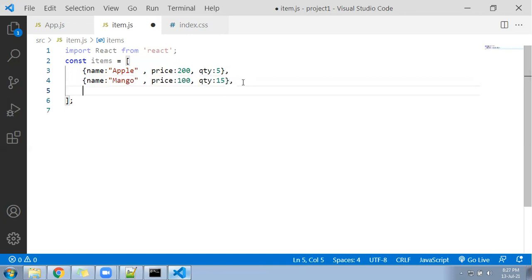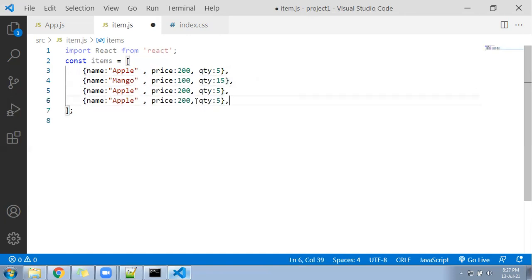Coming down, next two more items. One I'll keep called Java basic book, and I'll keep one here called PHP advanced book. Then now we need to set the price for all. So price for mango 100, quantity I have given.